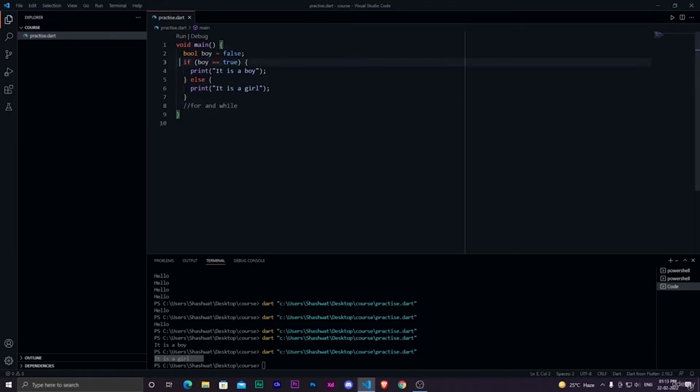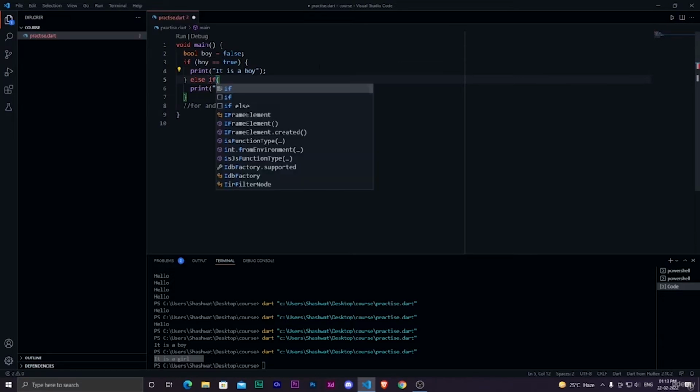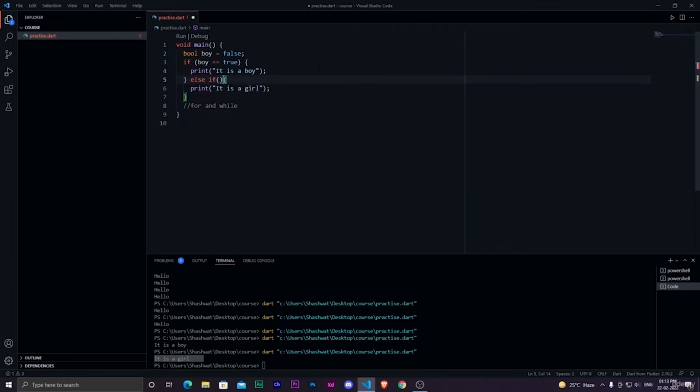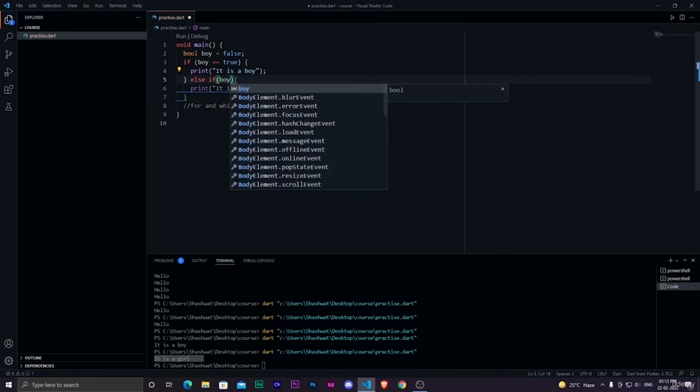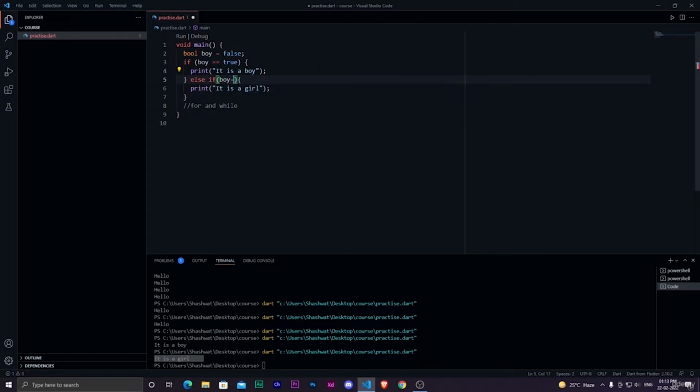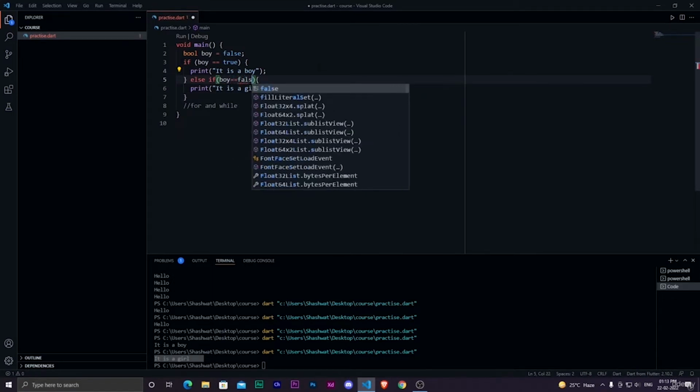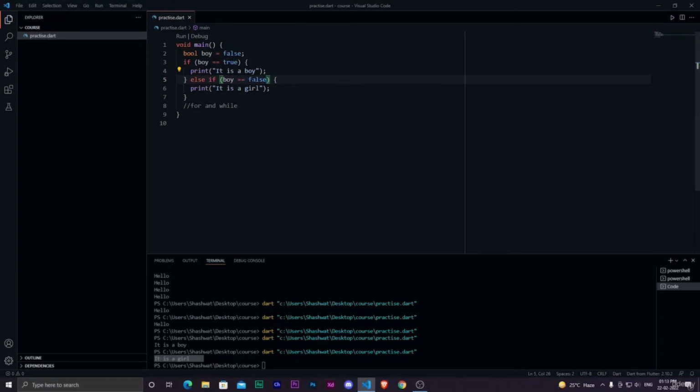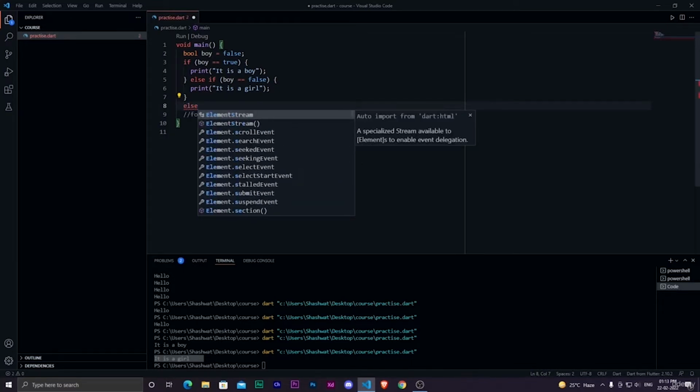Okay, so for if and else you can also do one thing. What if your boolean is neither true nor false? Okay, let's say here only I write else if. So this is what is called else if. What if you want to add another condition, right? Let's say what if boy is equal to false. So if boy is equal to false, it will show girl, and else if none of them are true. Okay, if it's neither boy nor girl, if it's neither true nor false, then we will add else